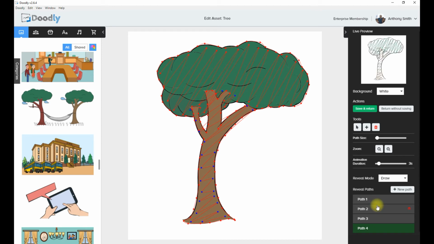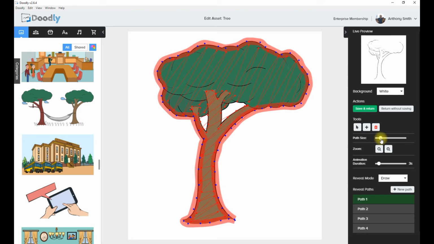Now what I'm going to show you is the crucial part. On path 1, you can get onto that and just increase the path size. As you can see, it's going thicker there. Right. Then go to path 2, do the same, path 3, increase the size, and path 4, increase the size like that,